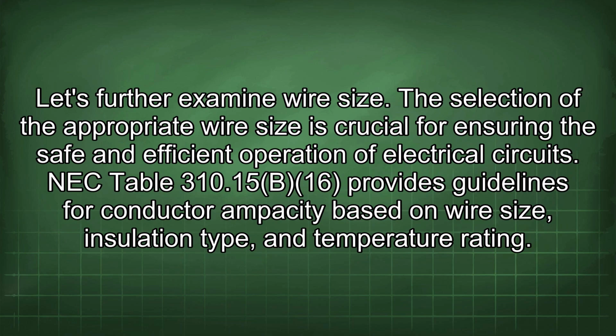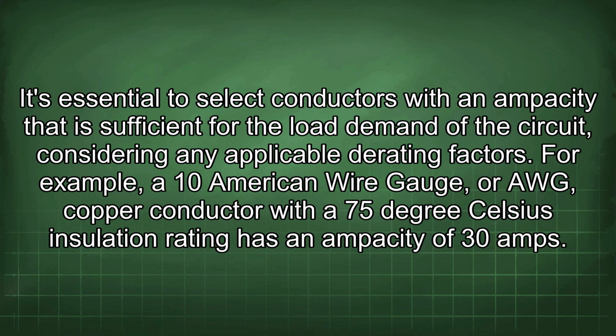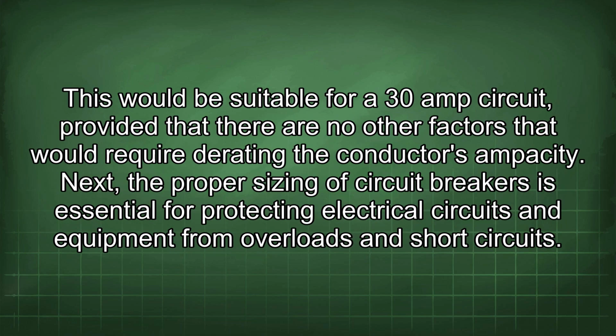Let's further examine wire size. The selection of the appropriate wire size is crucial for ensuring the safe and efficient operation of electrical circuits. NEC Table 310.15(B)(16) provides guidelines for conductor ampacity based on wire size, insulation type, and temperature rating. It's essential to select conductors with an ampacity that is sufficient for the load demand of the circuit, considering any applicable derating factors. For example, a 10 American wire gauge copper conductor with a 75 degrees Celsius insulation rating has an ampacity of 30 amps. This would be suitable for a 30 amp circuit, provided that there are no other factors that would require derating